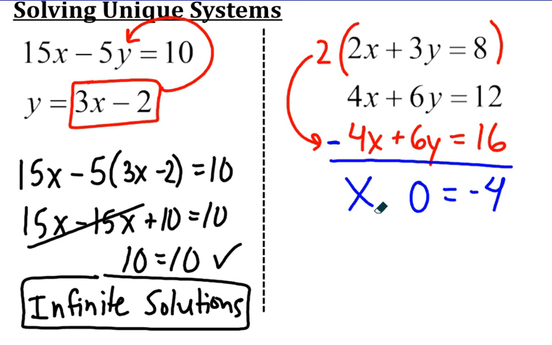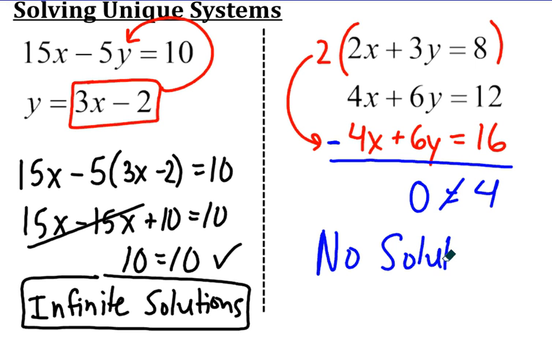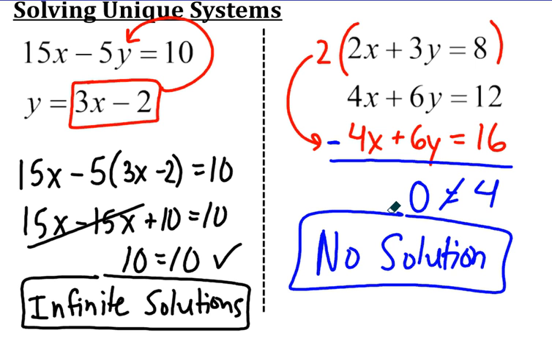This right here is a false statement. Not true, which means that there must be no solution. If I actually graph those two lines, I would find that they are parallel. If you solve for y in the top one by subtracting 2 and then dividing by 3, the top equation would become y equals 8 thirds